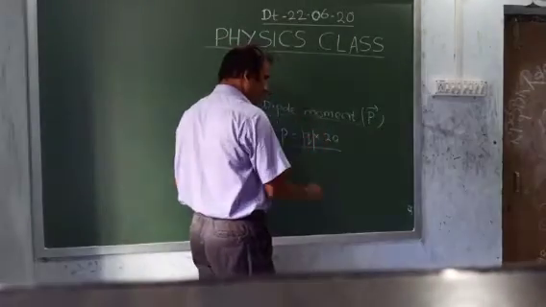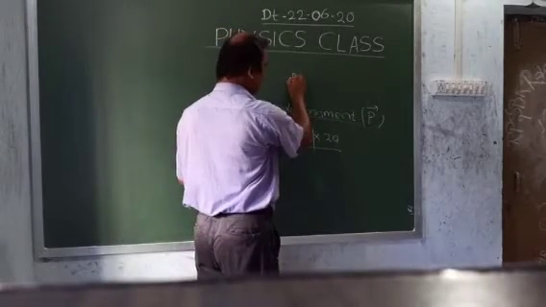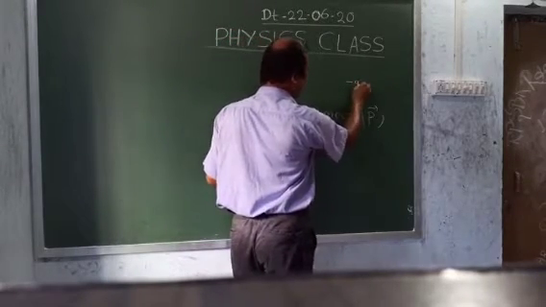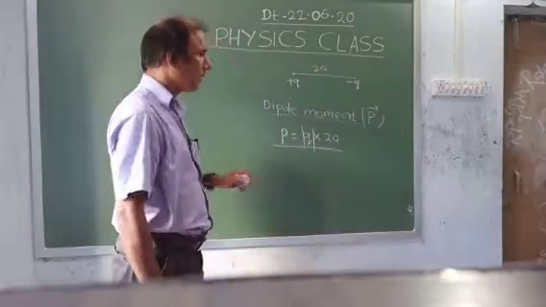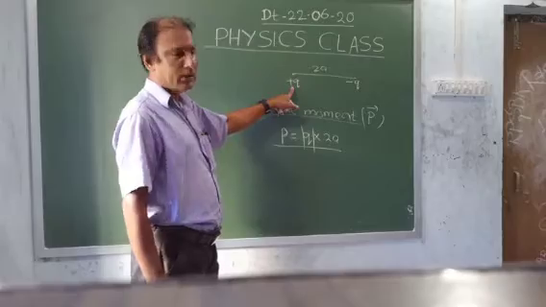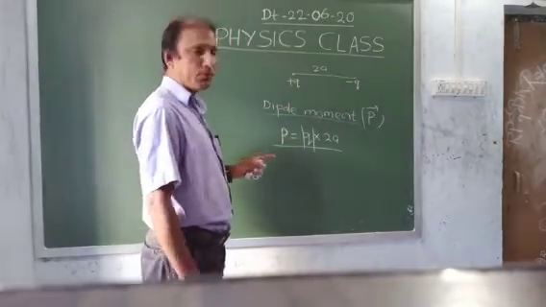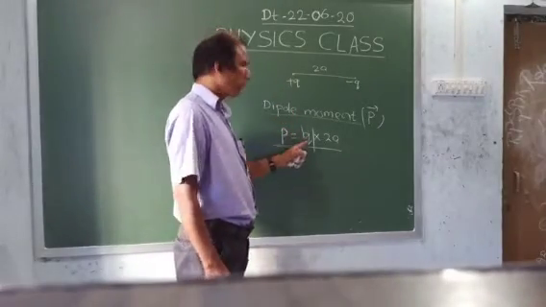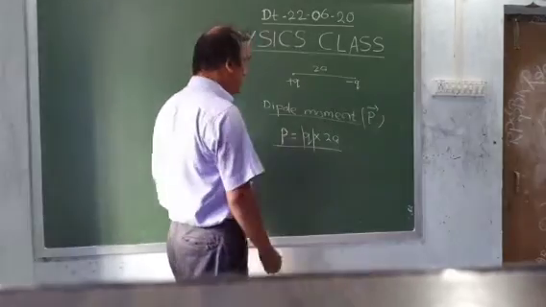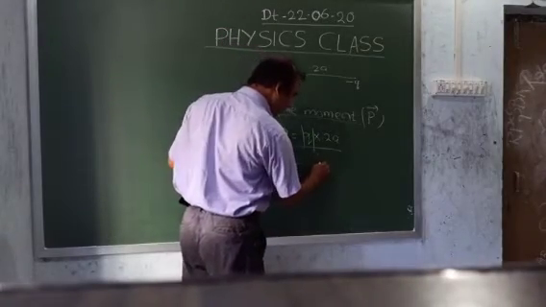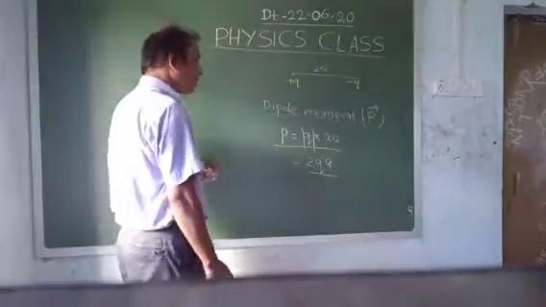You can write like this: magnitude of P. We know that this is plus q, this is minus q. Two equal and opposite point charges separated by a small distance. So we can define dipole moment like this. It is the magnitude of either charge, whether it is positive or negative. We will not be concerned about the sign of the charge. We will only take the magnitude. So the magnitude of any charge multiplied by the distance of separation between the two charges. We can write it like this: q into 2a, that is 2qa.